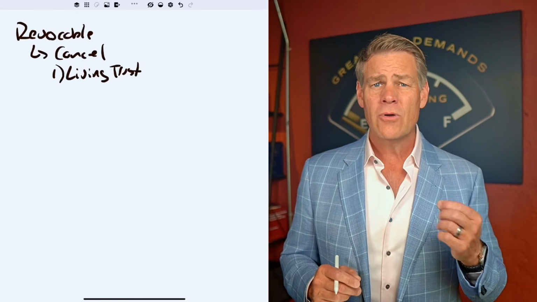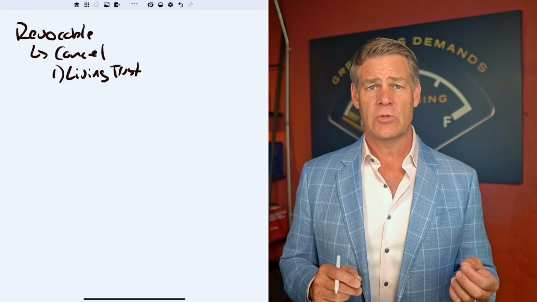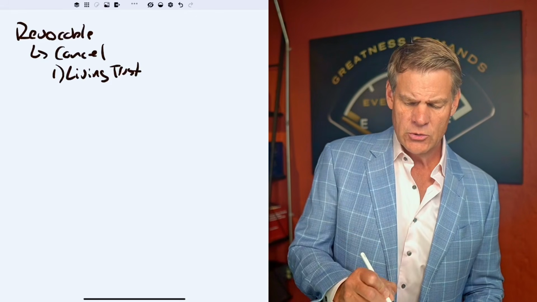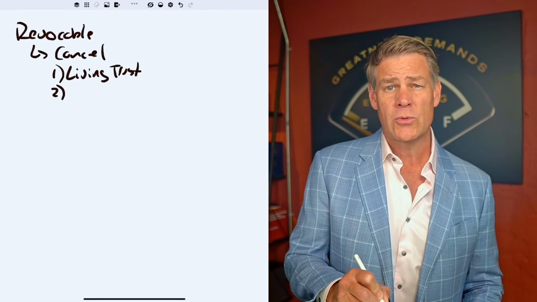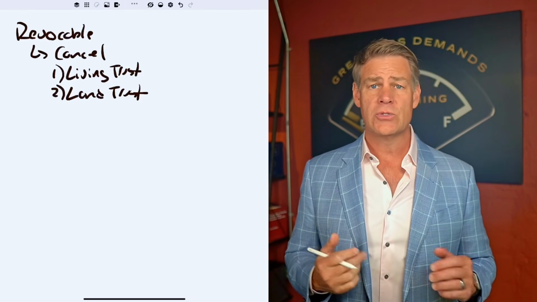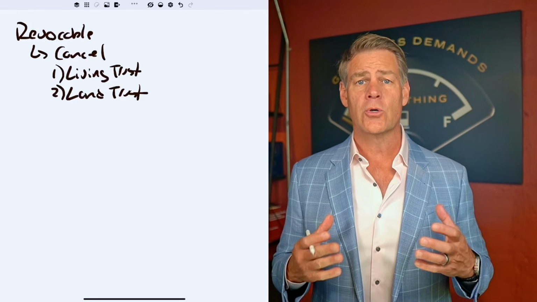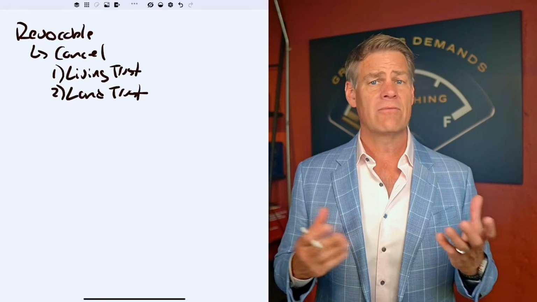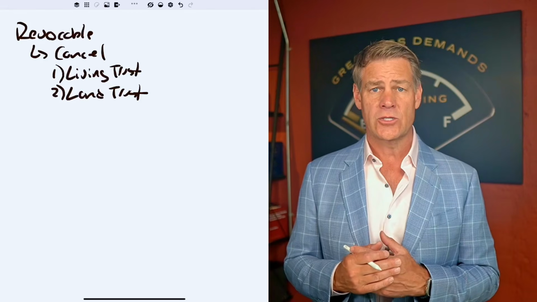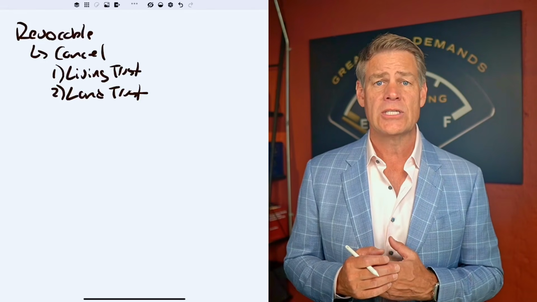We don't know exactly what's going to happen with our beneficiary, so I want to maintain that control until I've passed away. Now, another type of trust that I often find as a revocable trust is going to be that land trust that I talk about a lot on this channel, about using it for real estate investments, for putting your real estate into the trust, and then having a ton of flexibility over how that asset is handled once it's in that trust name. Not to mention that it provides you anonymity.